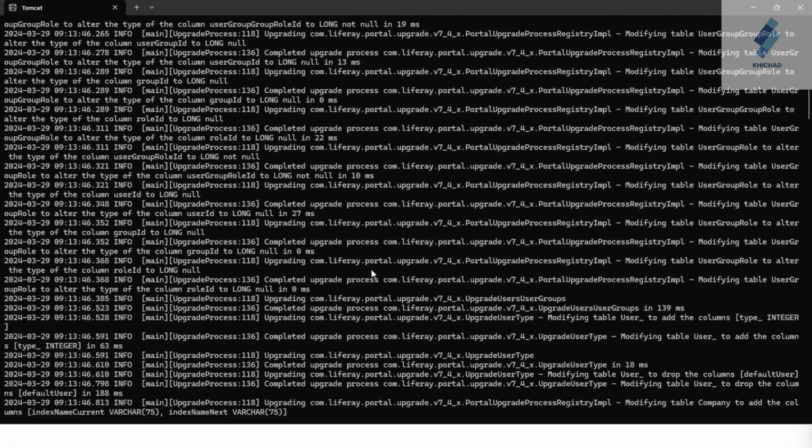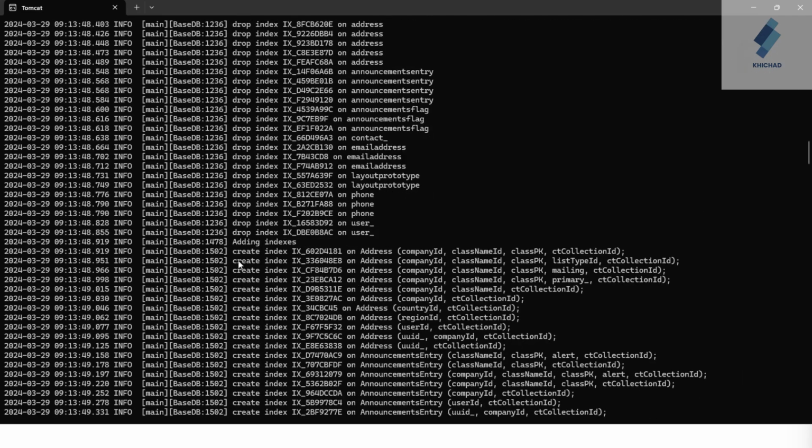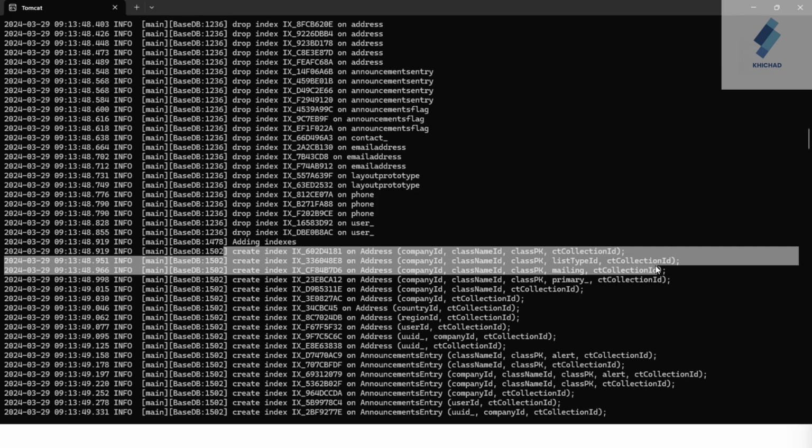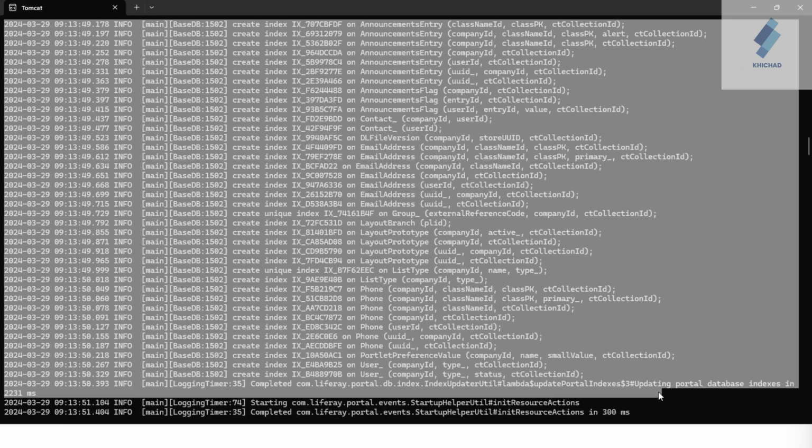After this command, you can see the logs of the Liferay server upgrade. It will automatically create indexes and upgrade the Liferay database.